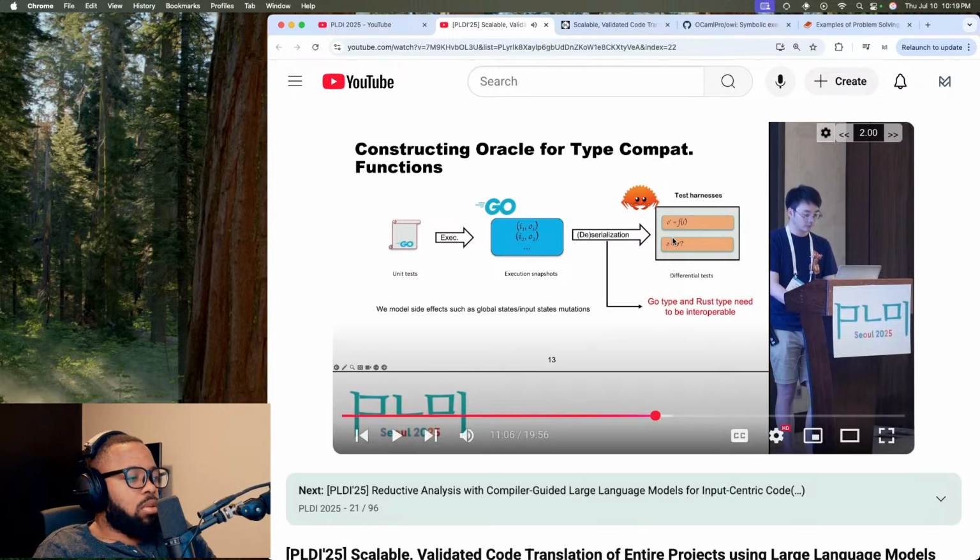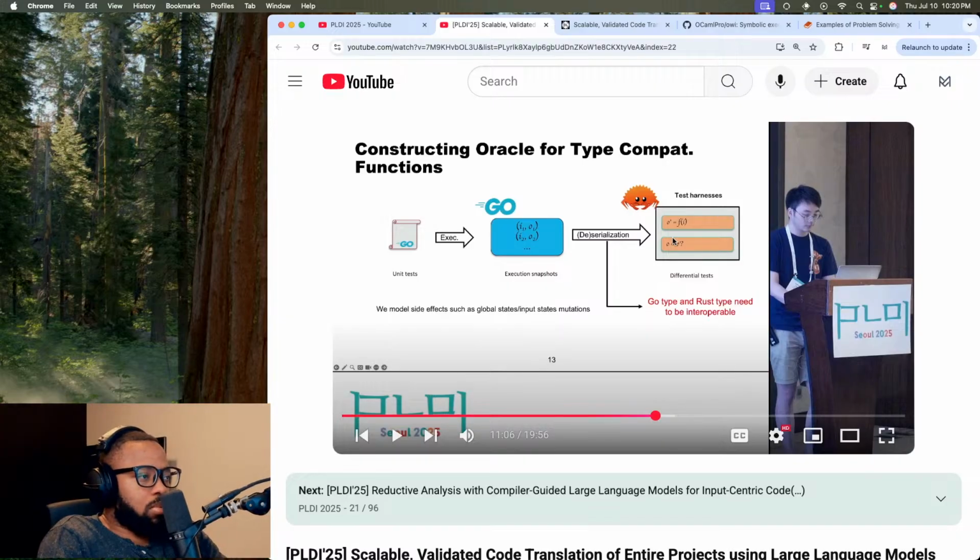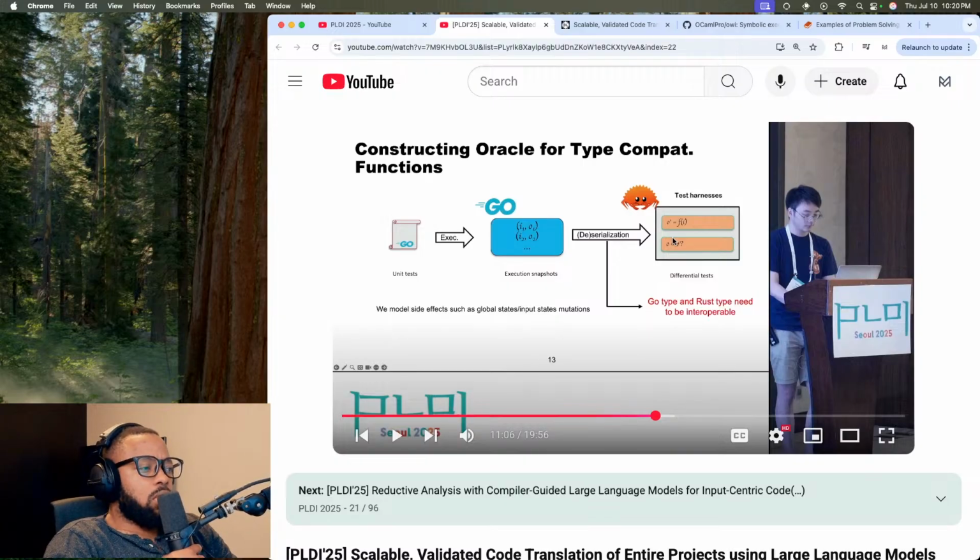Do they translate the tests by hand, or do they also generate that? My guess is that they actually translate the tests by hand, because I mean, there are the tests. You don't want to let the LLM do that for you. I mean, at least the oracle, whatever. I don't know. I feel like that's what will make the most sense.